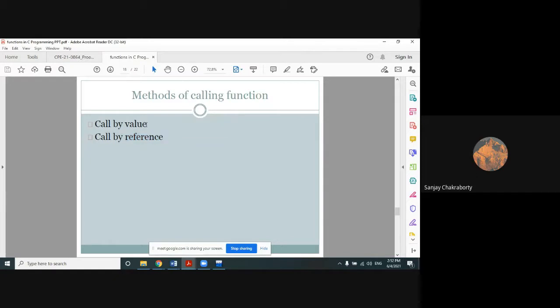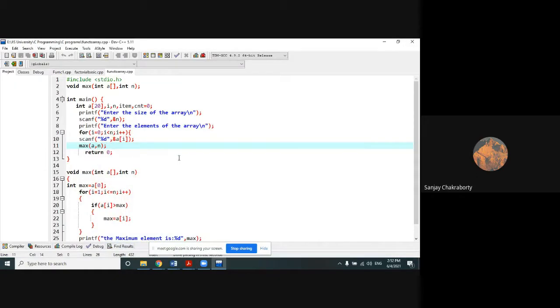Right now, all of you practice this call by value at your home. That is our general case. So this is an array. This program you have already done in your array chapter. If you remember, finding the maximum number or minimum number from a given array, you have already done it. The same program I am doing with the help of a function, or user defined function, whatever you say.